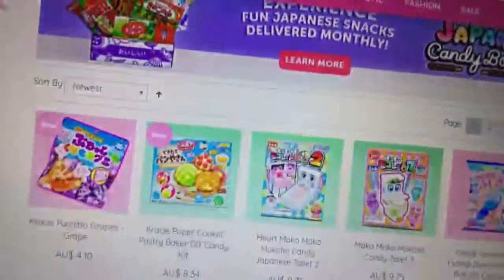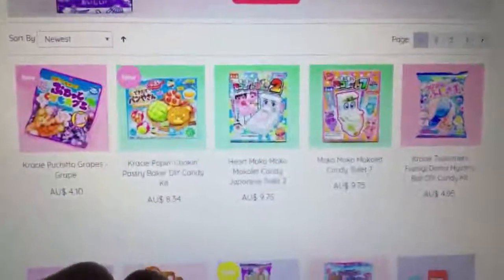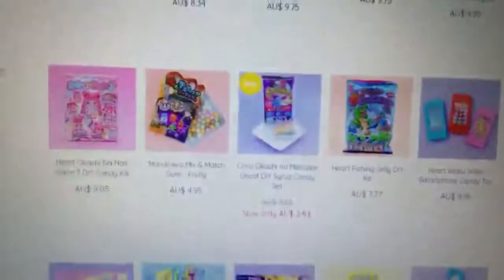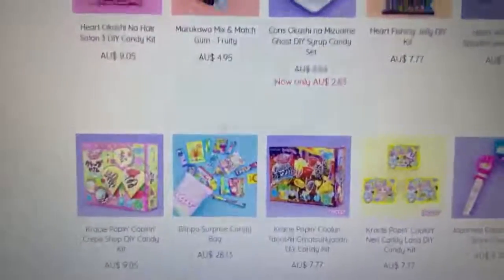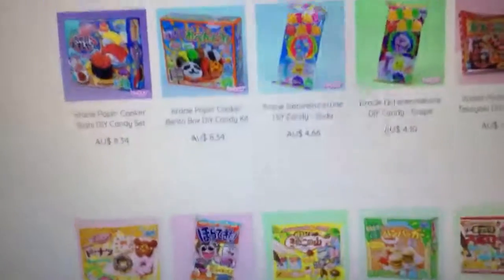So, this is a Japanese DIY candy kit. This is a candy toy where you can actually make your own candy. This is what a candy toy is, a definition. Another one would be Kinder Surprise and Yowie's in Australia, including the ones that you can pick up from your